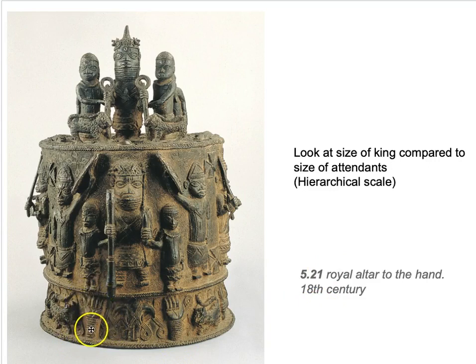They're really big compared to, well, I guess I should say proportion in that case, because we're looking at this in relation to this whole thing, right? So it's kind of like you want to find somebody in this thing to base all the other people off of. Let's say this guy right here is what we base everything off of. If he is true to size, if he's accurate, then either this is a child or he's really small and not important. The king's head is huge. This king's head is huge. And these hands are huge. But since it's an altar to the hand, perhaps that's the point of it. They want to emphasize, there's another word, emphasize, by making them bigger,